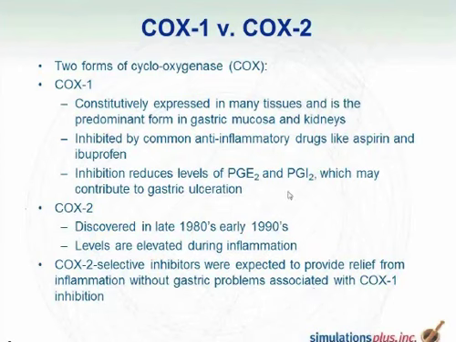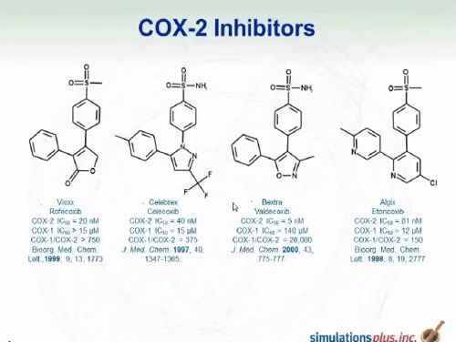These four compounds were marketed in the late 90s and early 2000s. Starting on the left, we have Vioxx, which is a Merck compound. Celebrex and Bextra were both discovered by GD Searle, which was then subsequently purchased by Pfizer. And then on the far right is another Merck compound, Turocoxib,